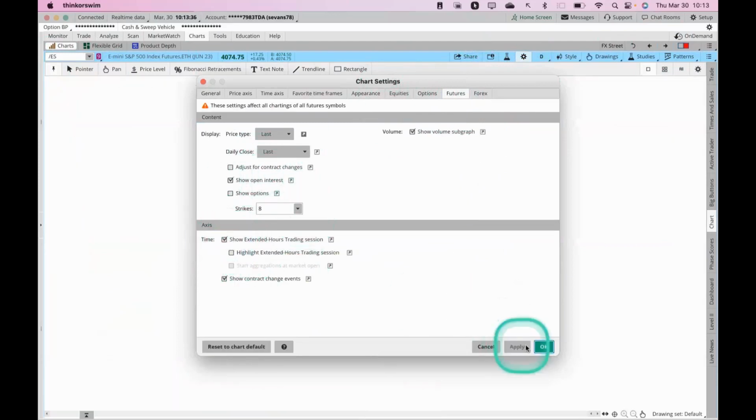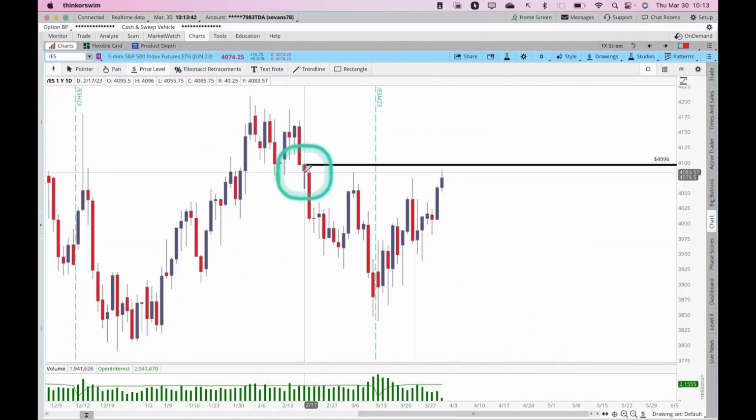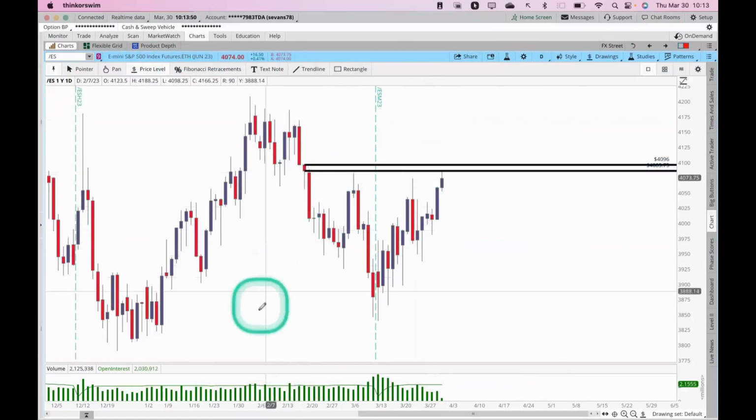Show the extended trading hours so you can see it. And there you go. And this is what we did. We gapped up into a pretty important supply zone. And this is a key area right now. And if you look at this market, if you've been trading lately and you've been struggling with the market,